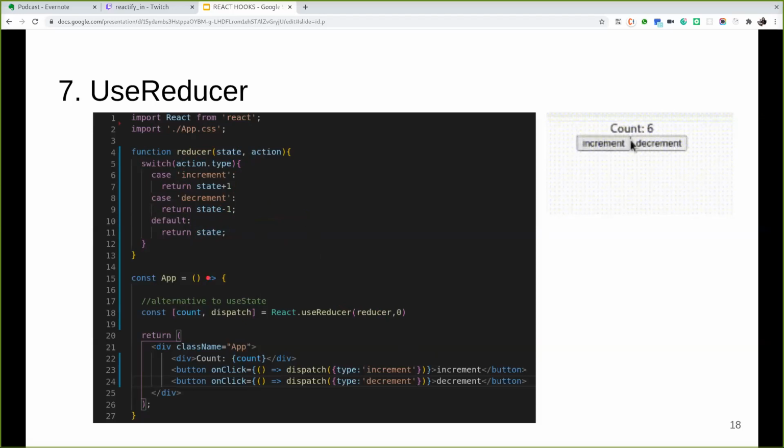So this involves multiple sub-values, and we can use it when the next state depends on the previous one.